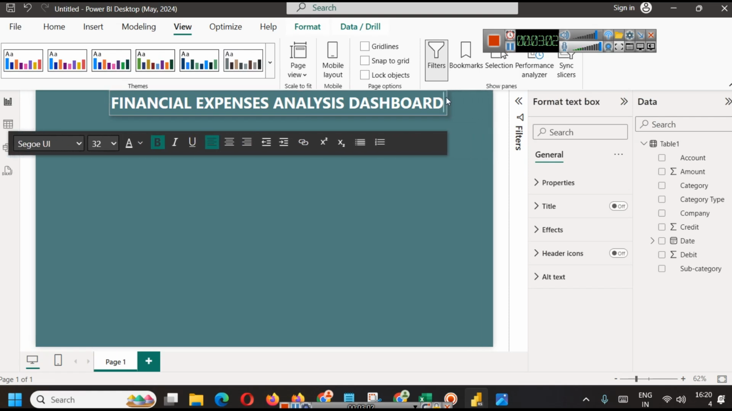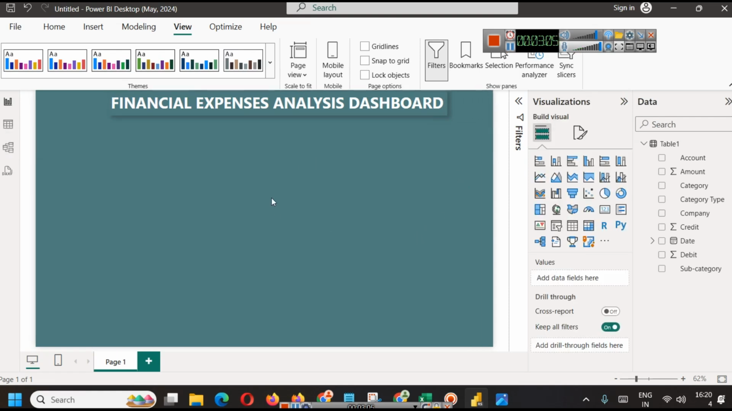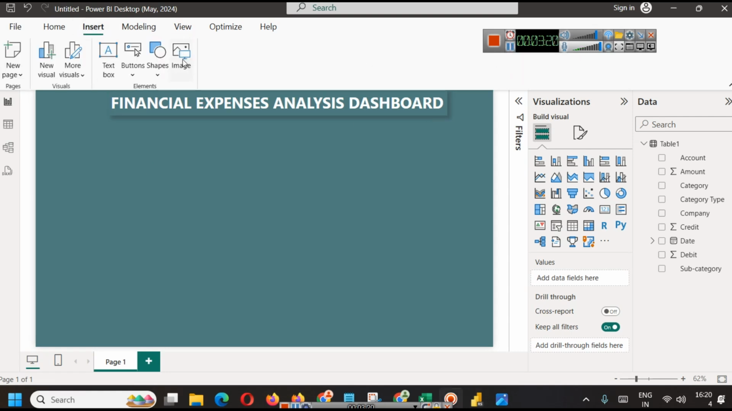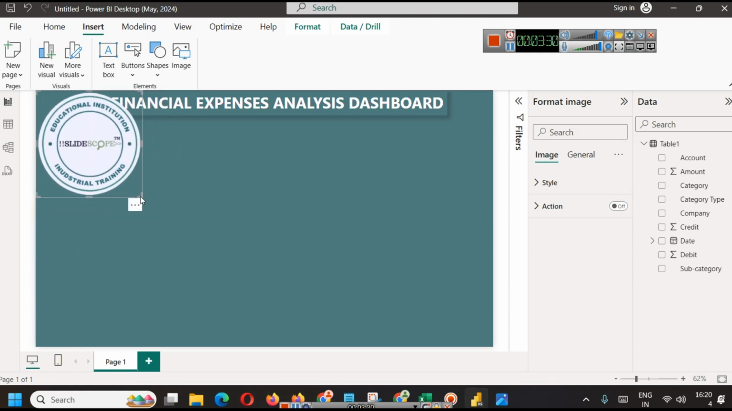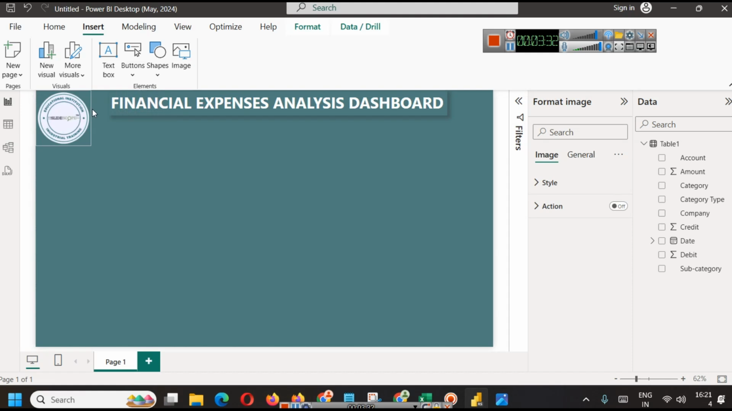So this is something that you can do from your end. Now after creating the heading, let's say we are doing this financial expense analysis for a particular company, so we can add their logo or some icons representing what we are doing. You can always go to insert and from here images, so you can add some assets here. The first asset that we are trying to use is the company logo, basically the logo of our institute, to give a reference